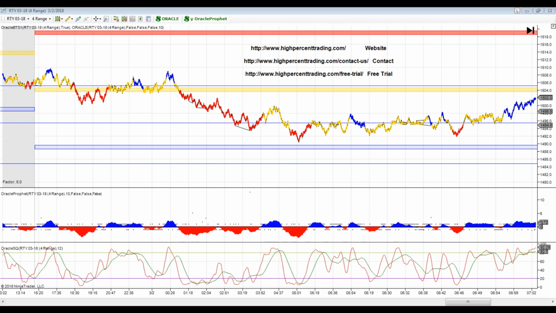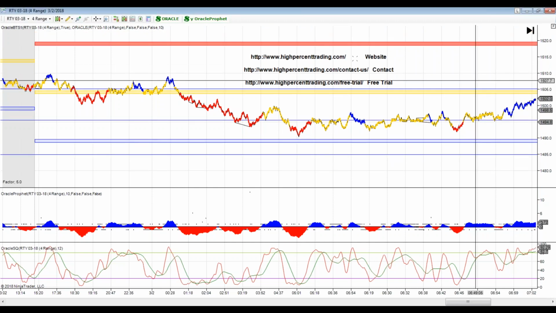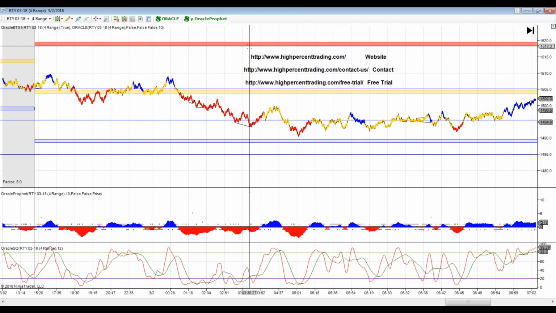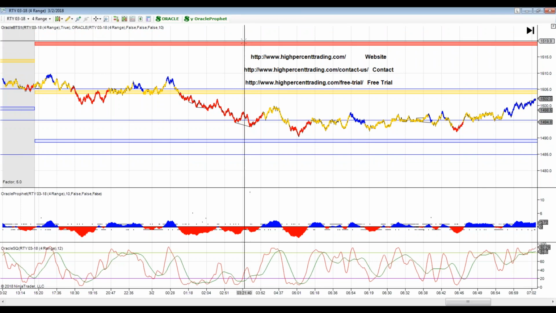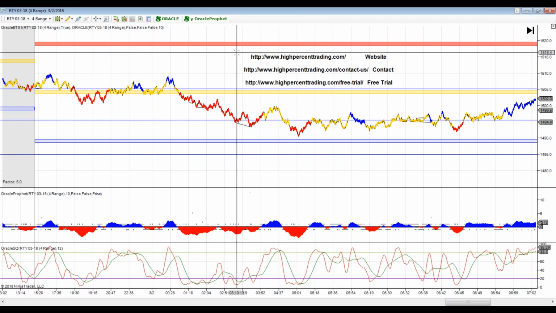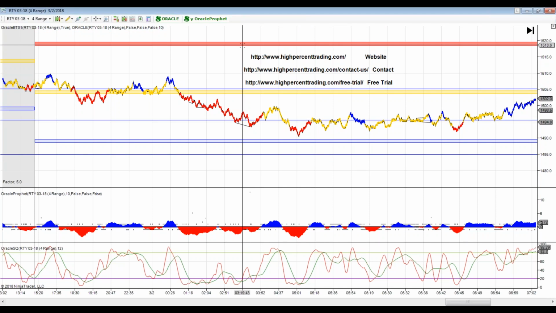Now, just a brief recap. The Oracle indicator every day produces a daily trend. In the case of the Russell, it was actually Friday, March 2nd, not today. The trend for the Russell was down, and that's denoted by this red filled in band at the top. This is also the projected sell area for the Russell. The projected buy area for the Russell was down here, and that's denoted by this blue opaque band, and then this is our gold